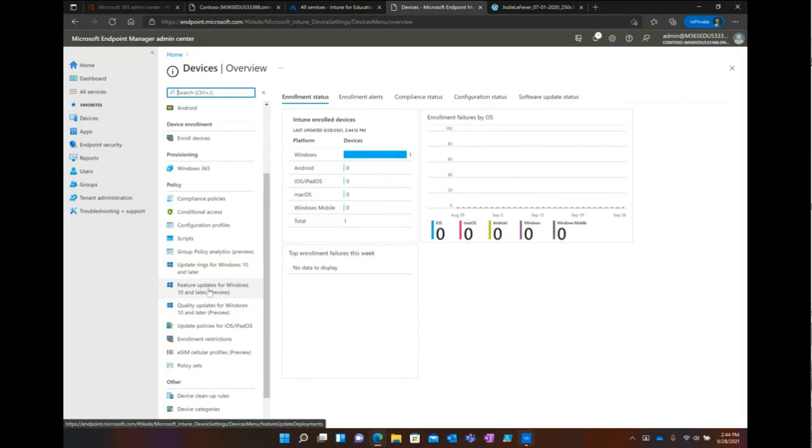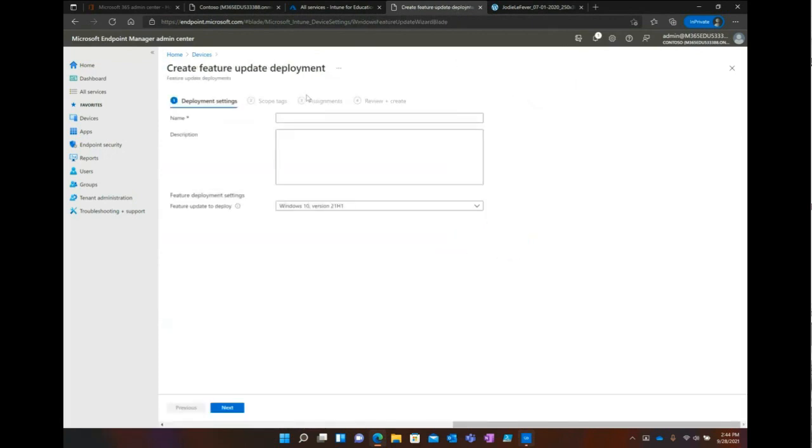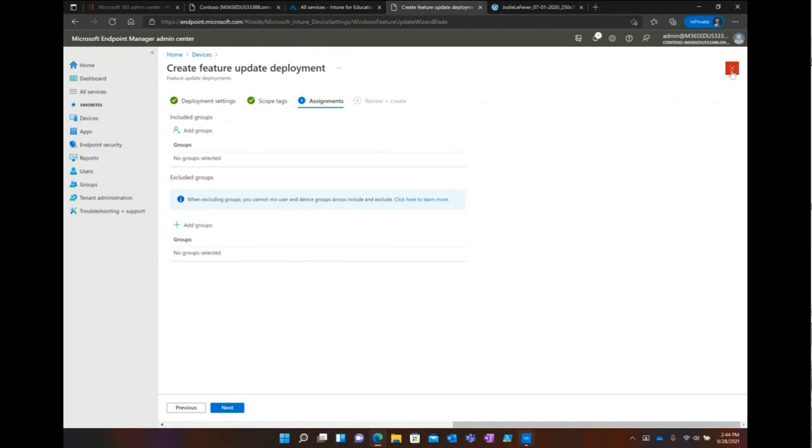So if we wanted to go to our feature updates for Windows 10 and later, and let's say we wanted to stay at Windows 10 version 21H2, we can specify that. And now when we add a group, it will keep those devices at that feature update until you remove that.